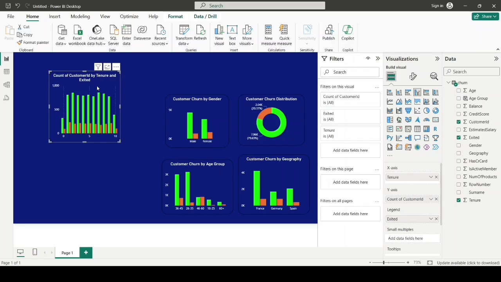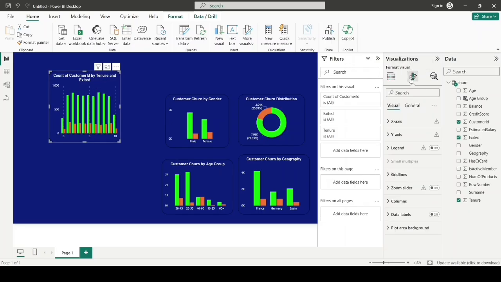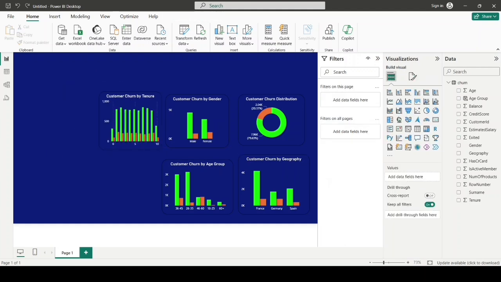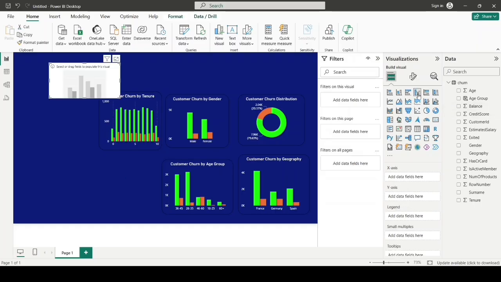So now we need to change the title name of the chart. So for that, click on this chart and go to this format your visual, and after that go to general, click on title, select all and remove it, type this. So next we will create customer churn by number of products. So for that, again we are going to use the cluster column chart,